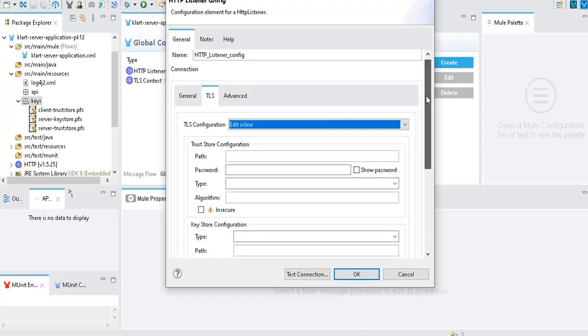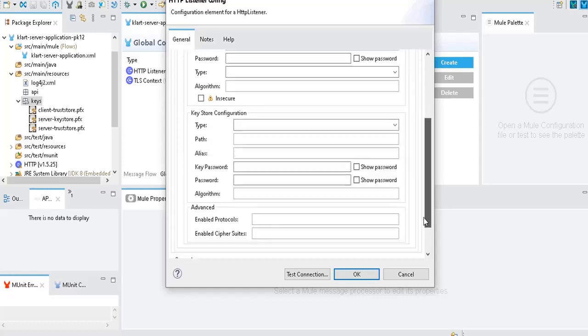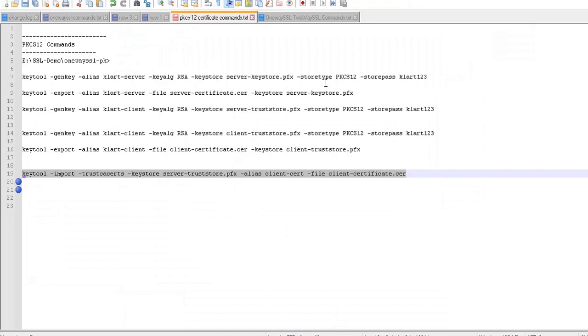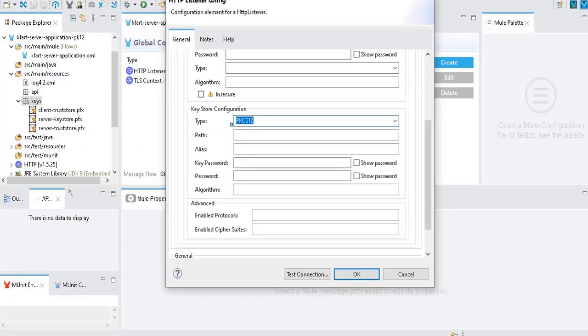As this is one way SSL, you don't need to configure a trust store for the server, and this is the server application, so you don't need to configure this part. For the server application, you need to configure only the key store configuration part. So here the type you need to select is PKCS12, as we have generated certificates by using the PKCS12 store type, right? If you have generated all the keys by using a JKS type, you need to select that.